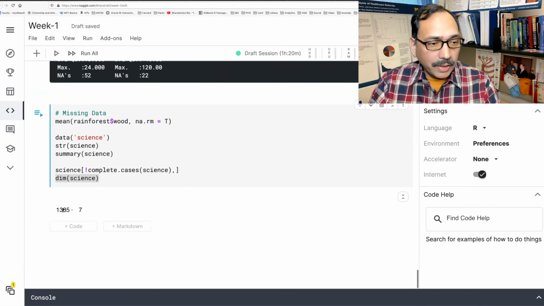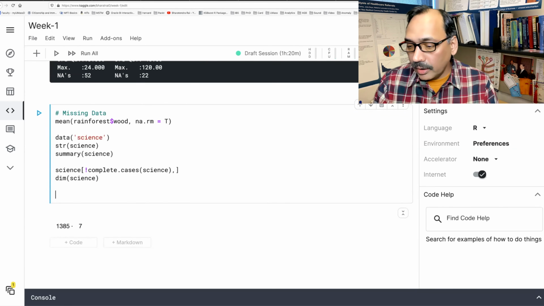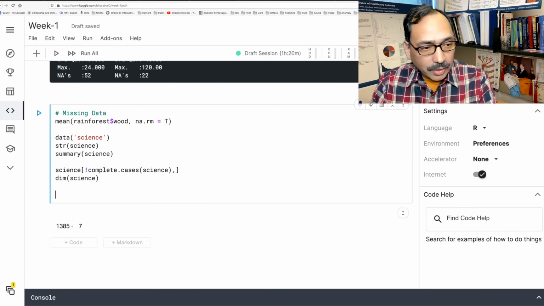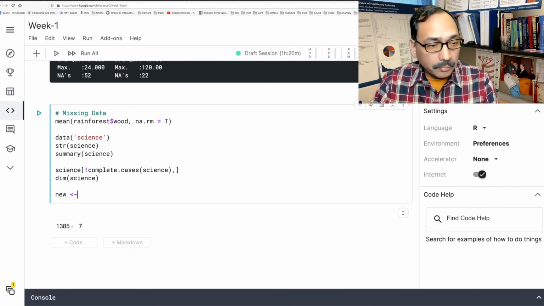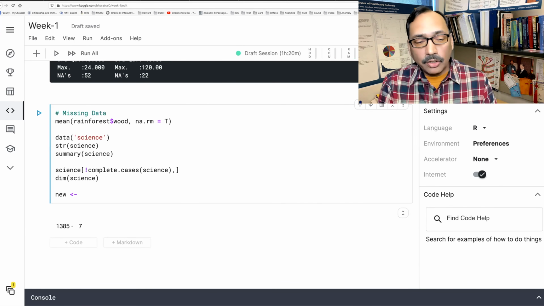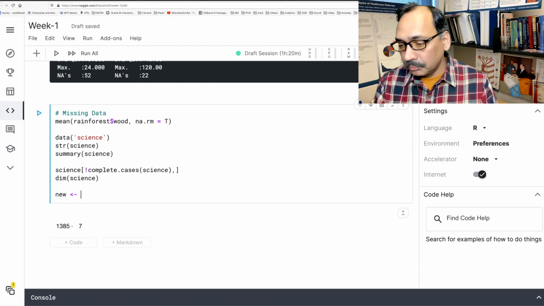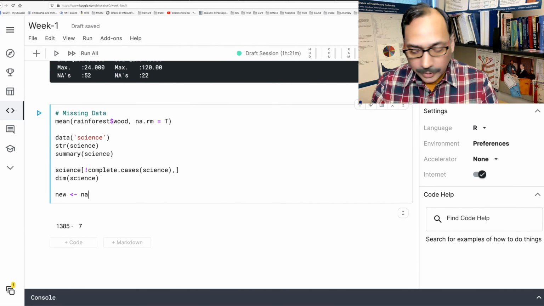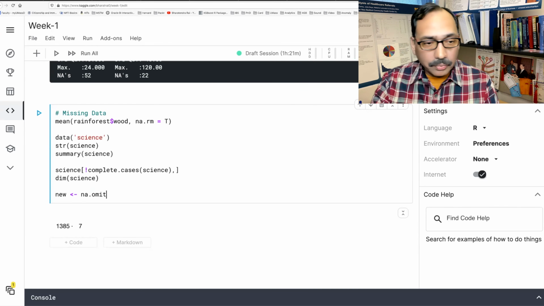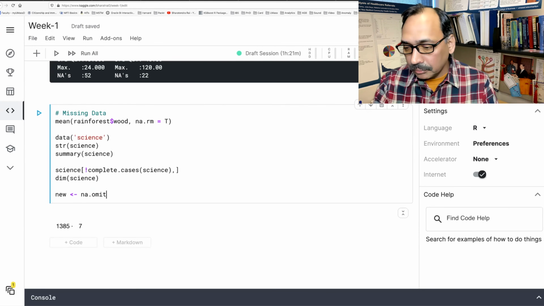We know that we have 1385 by 7. And I'm going to create new data where I will store all the values without NAs. So na.omit: remove wherever you have NAs in the data.